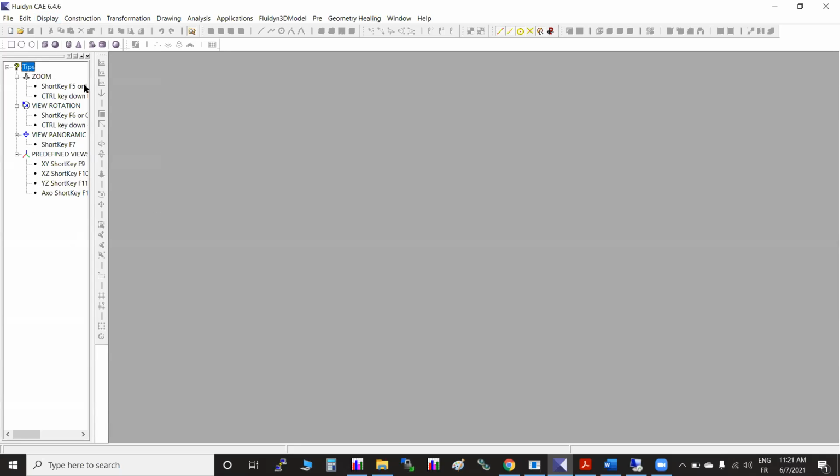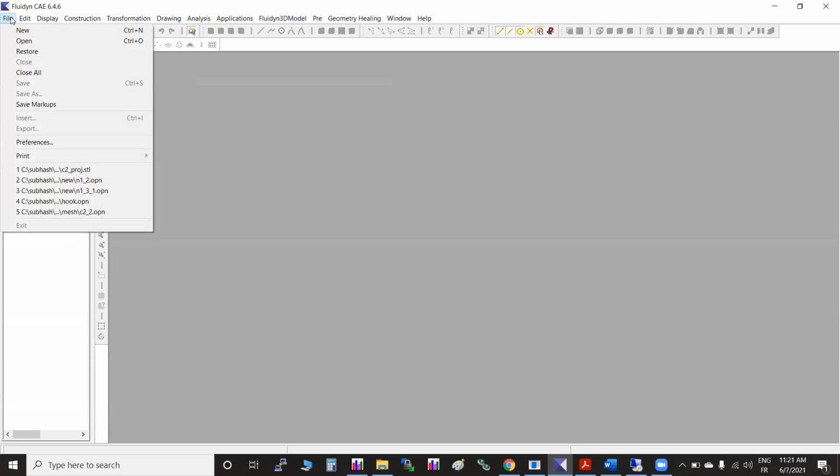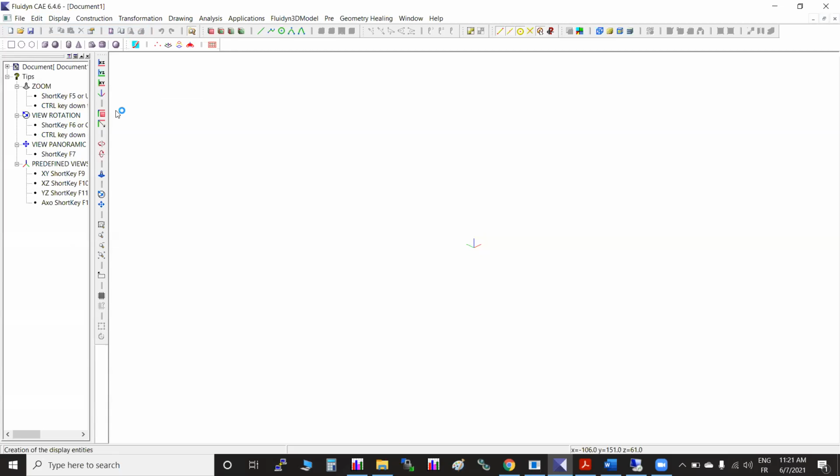Now to start with a new geometry, in the main menu there is a new option. You can fix it to a particular plane, either XY, YZ or XZ. Any one of these planes you can select, and you can work on the geometry. So we will continue with one of the geometries that he was mentioning.